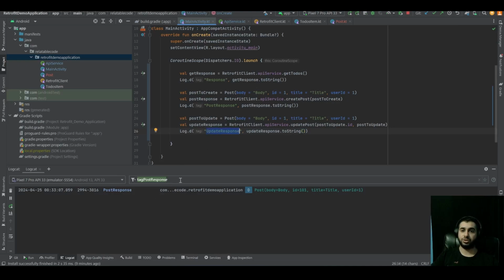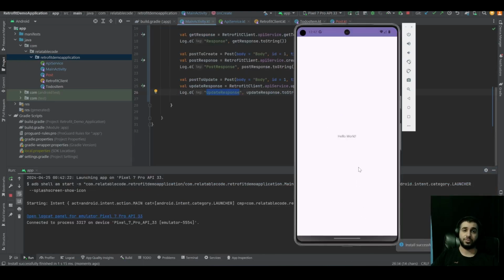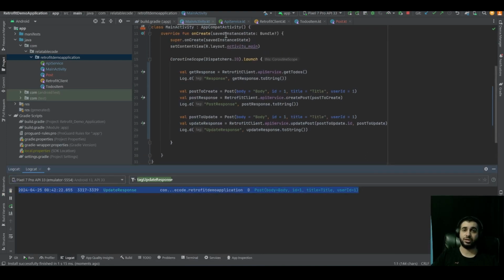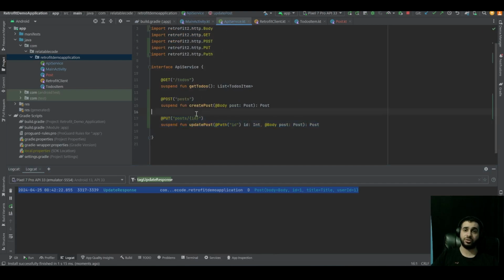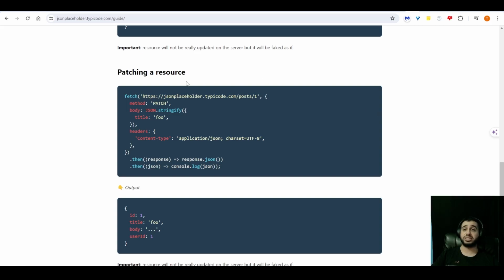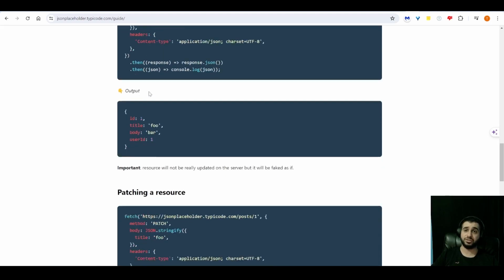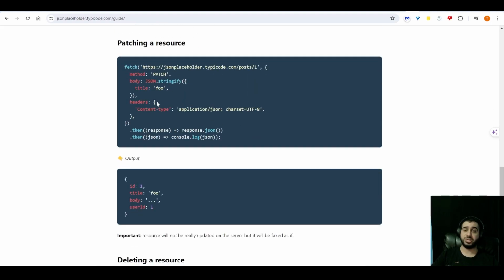Okay. Filter for that in your logcat and run your application again. So there's our emulator. Open your logcat and there's your update response. Okay, and that's how you do an update method with the put method within Retrofit. And as we've discussed, a patch is very similar to an update, but it allows for a partial update if